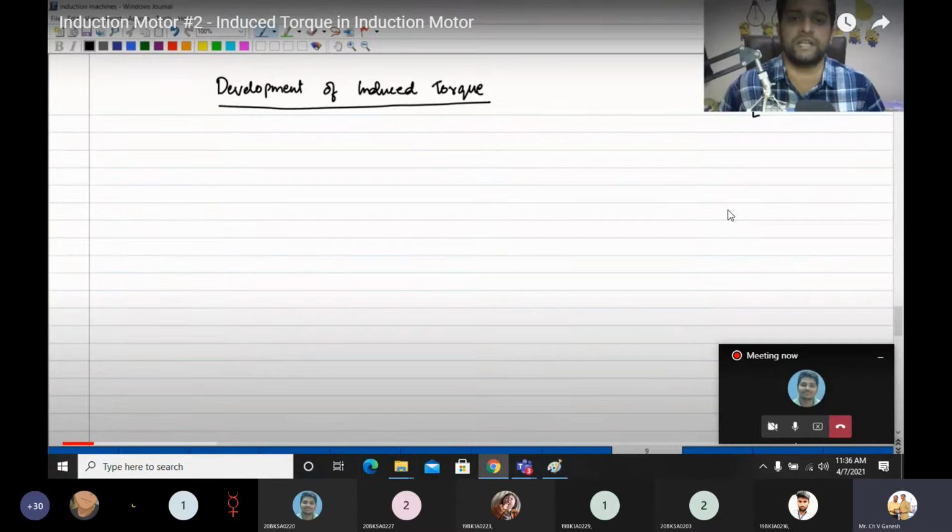Which type of rotor do we use most in industries? 95% are using which type of rotor? Squirrel cage. Squirrel cage type of motor is used in 95% of industries. We have some advantages of that one, that's why we are using squirrel cage. Or the wound type of rotor winding.